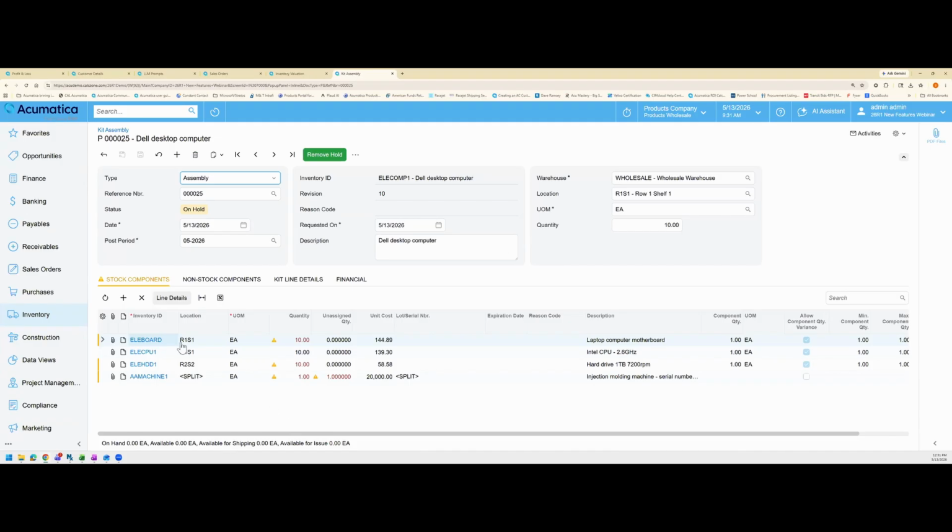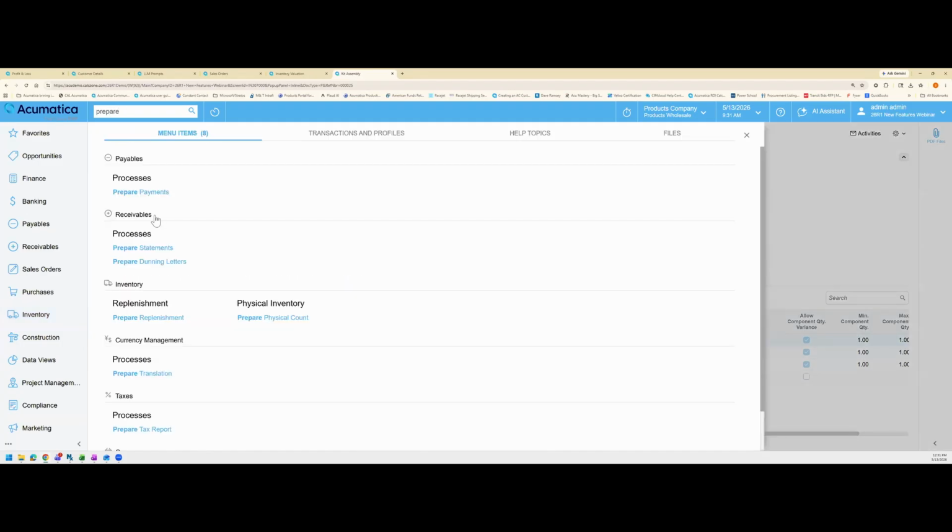So now I can have components that I don't have in stock, both for serialized and non-serialized. And the serialized feature is what they just added to this version, where I can add a serialized item where I don't have the location or the serial number for because I don't have it in stock. I can now add that to my kit assembly and go ahead and save that. And when I go into my prepare replenishments, you're going to see that it creates a demand